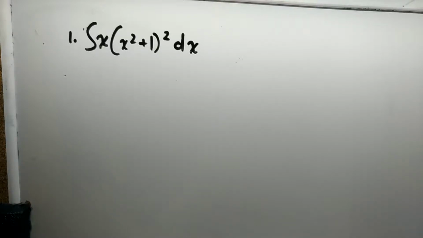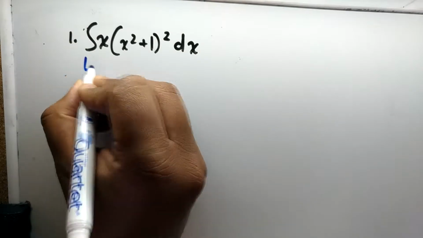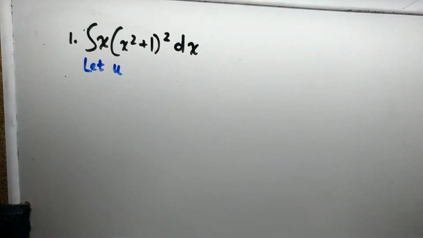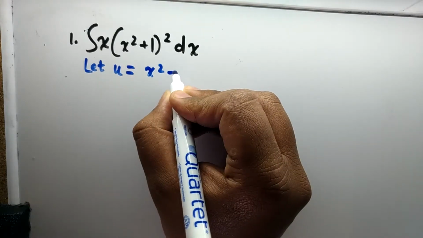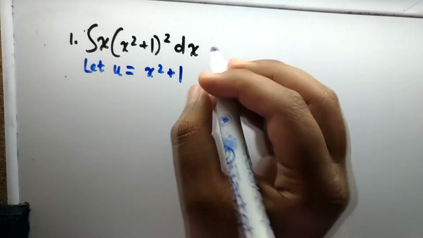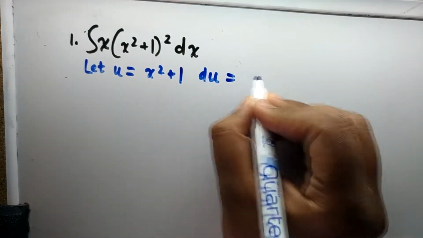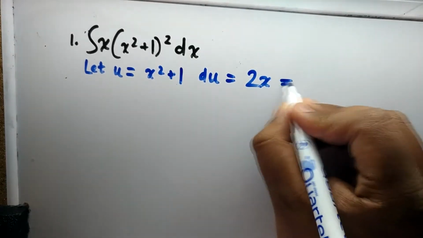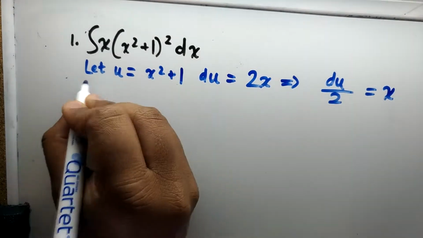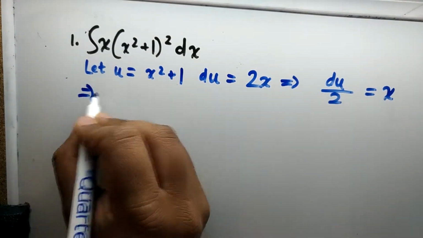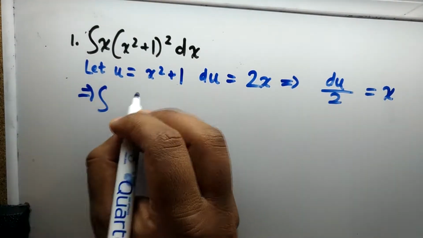So what we're going to do for this integral is we're going to let u equal x squared plus 1. Now if we let u equal x squared plus 1, if we differentiate that, we will get 2x, and we can rearrange that to give us, in terms of x, du over 2. Now if we go back to our original integral, we can plug in the x and the x squared plus 1,